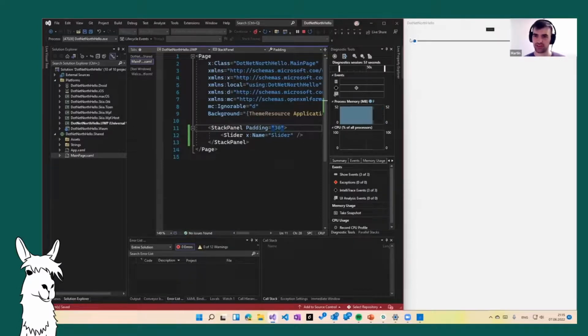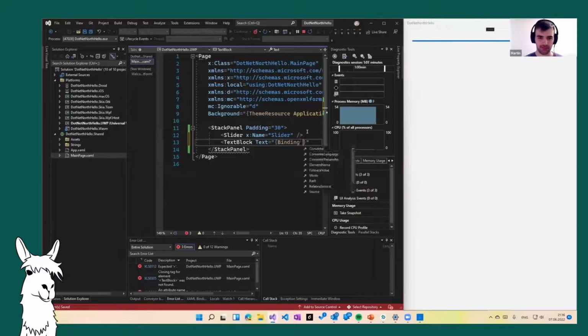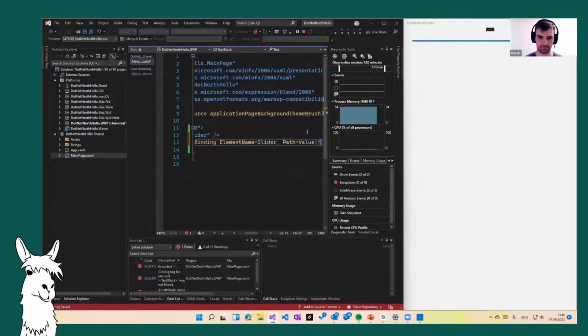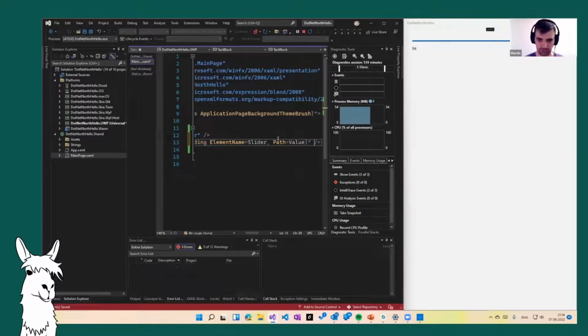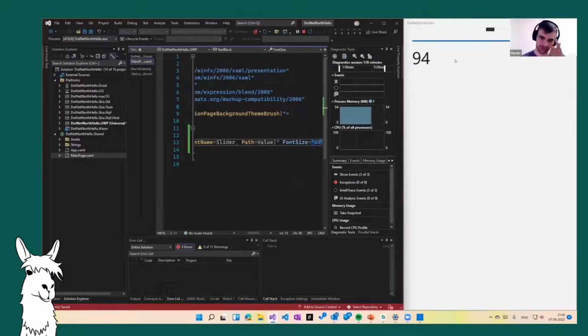So you can see there is a slider now, which allows me to pick a value from a range from 0 to 100. And I will also put here a text block, which will be data bound to the slider. So I will do binding element name slider and path value. So now I will just make it a little bit bigger by adding font size like 60. So you can now see it. When I move the slider, the value is automatically updating thanks to the fact that XAML has built-in data binding